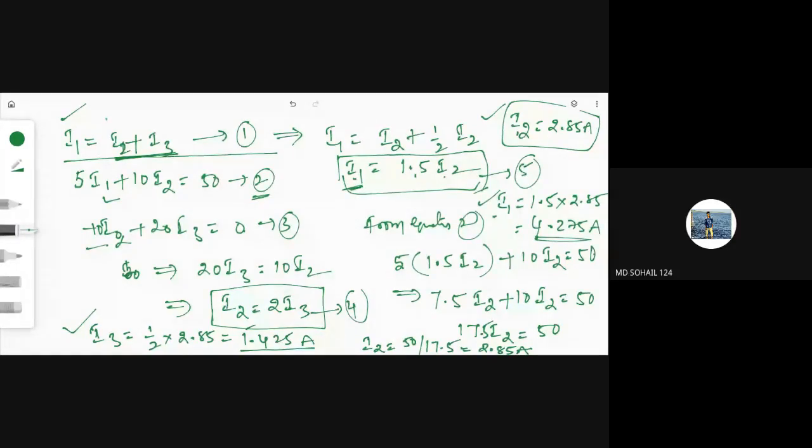V1 is equal to 5I1, sir. One minute. What is V1 equal to? After the multiplication, tell me the total voltage. 5 into I1, okay. After substituting the I1 value,